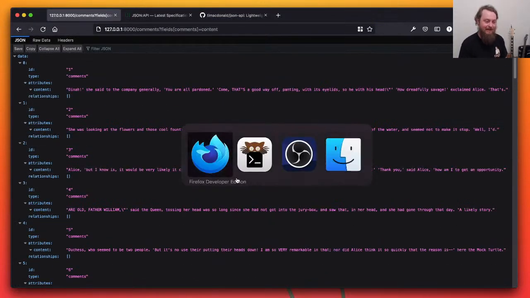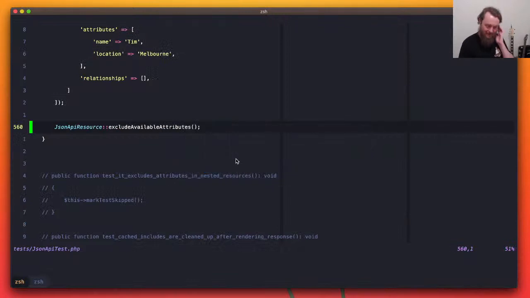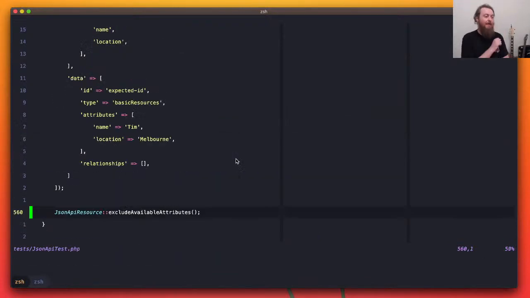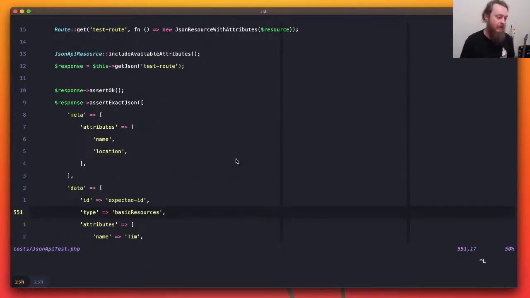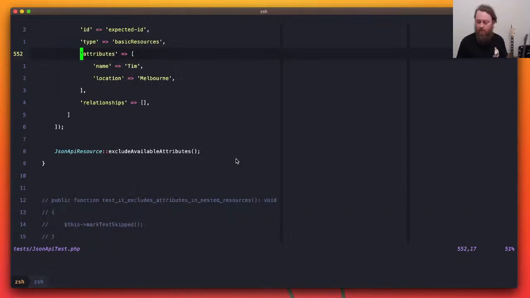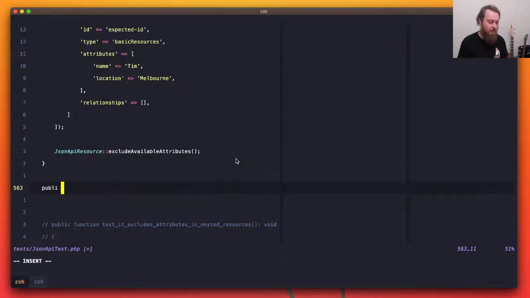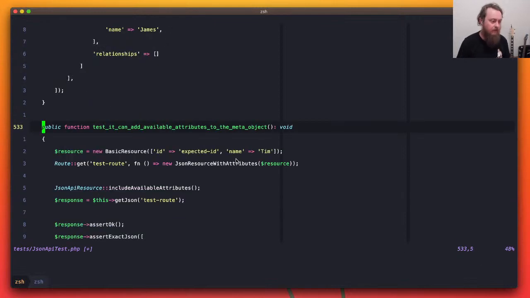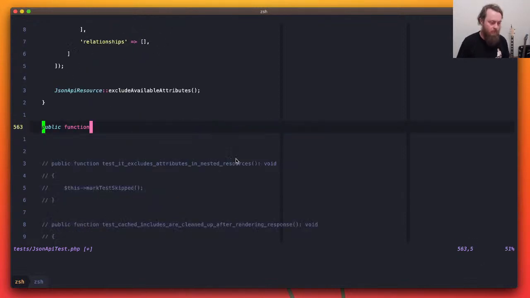This isn't hooked up to the actual package that I'm building. It's only the one on GitHub. Okay, so we've got the meta stuff there now, which is nice. But I'm wondering what this looks like when we've got nested things and how that will work. So I'm gonna come down here and I'm gonna say public function, if I can type, which I can't. So tester can add available attributes to the meta object